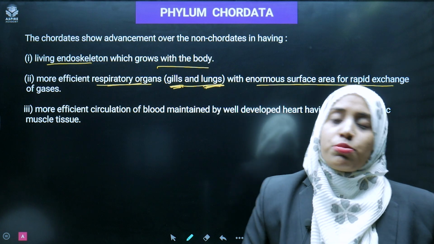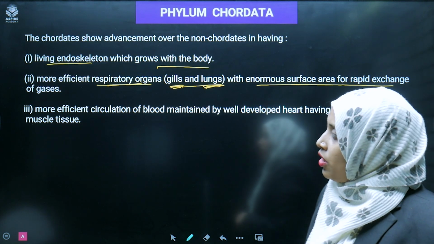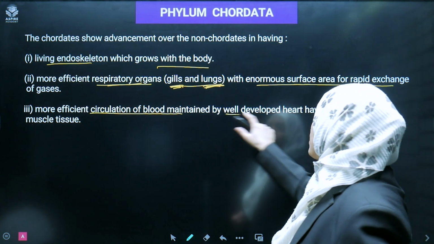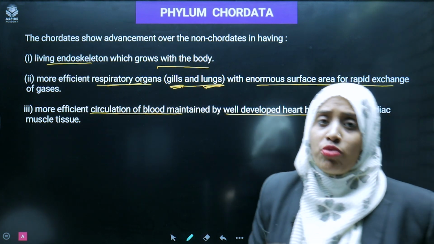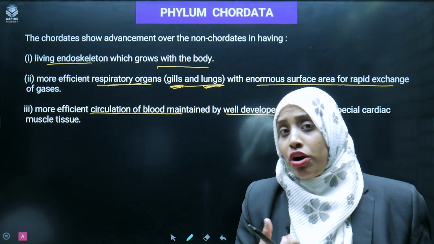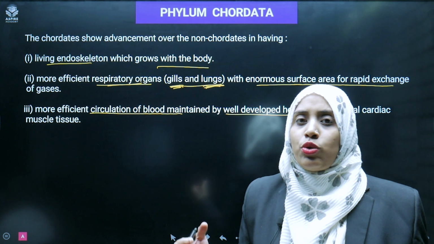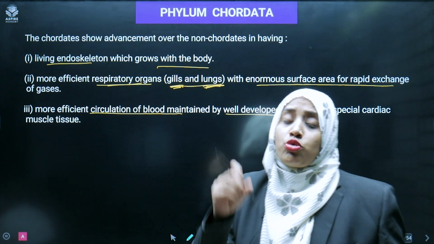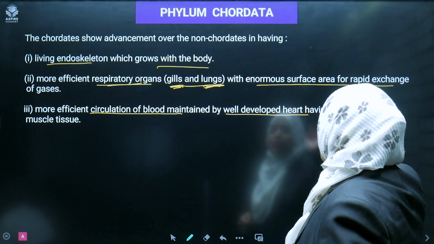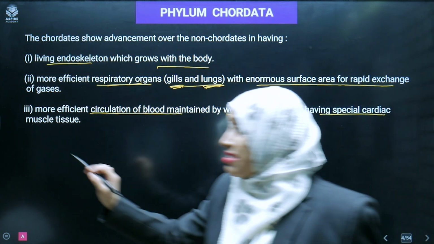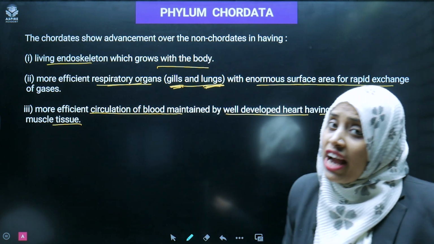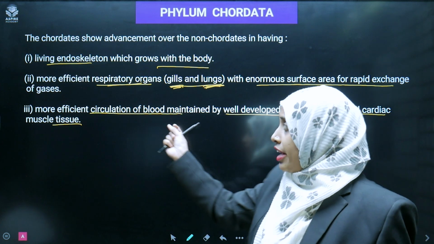And simply we can say we are having much more efficient respiratory organs. Okay, and more efficient circulation of the blood is maintained by a well-developed heart. Heart is a pumping organ, very well we know, ठीक है। हार्ट पंपिंग ऑर्गन है, पंप करेगा ब्लड को, बट थ्रू व्हाट? किसके थ्रू ब्लड हमारे पूरे बॉडी में सर्कुलेट होता है? आइदर एव्स में देखो, रेप्टाइल्स में देखो, सो दे आर ऑल हैविंग द ब्लड वेसल्स, ओके। सो वी आर हैविंग वेल डेवलप्ड हार्ट, हैविंग अ स्पेशल कार्डियक मसल्स। We know our heart is made up of cardiac tissues, cardiac muscles का बना है, which is very active, it does not get tired।